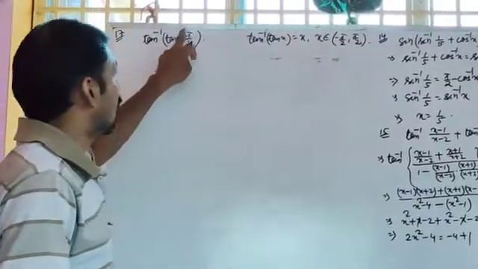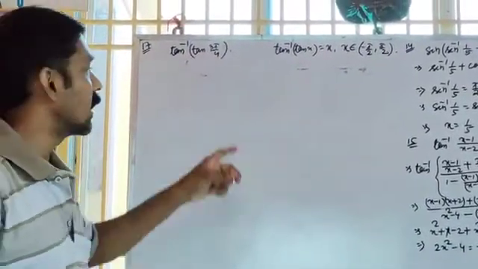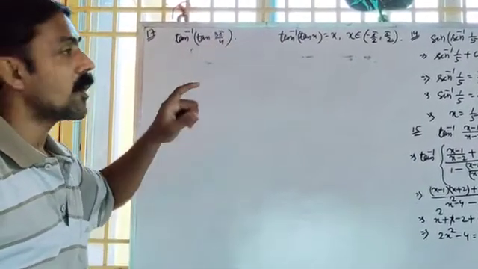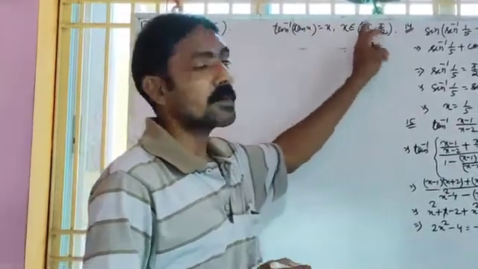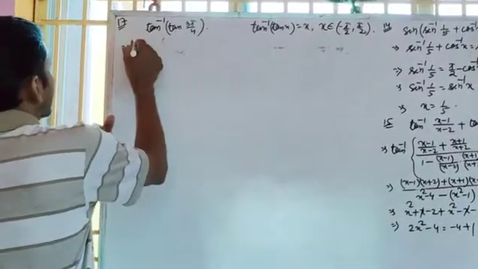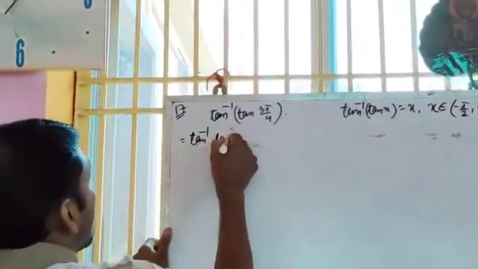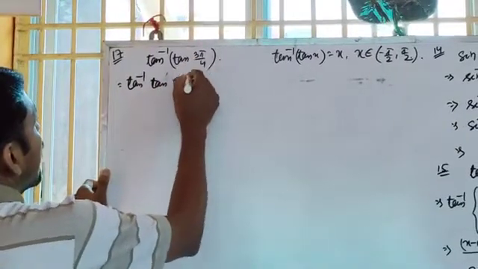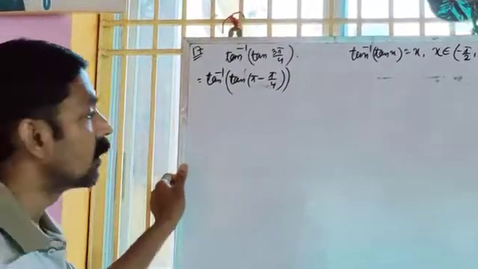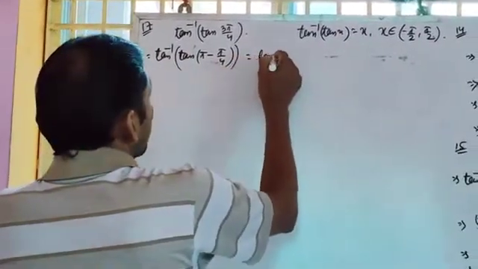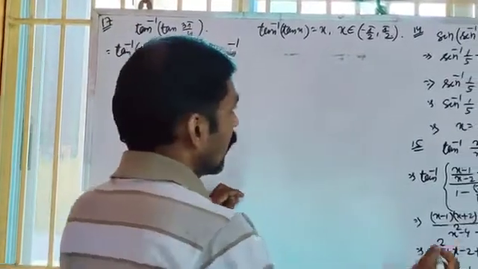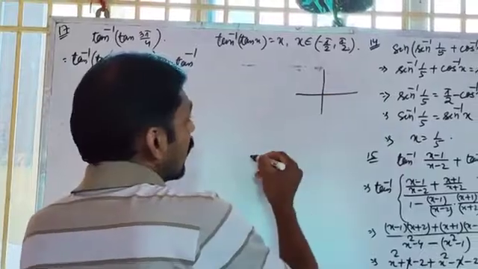So here you see the angle 3 pi by 4. Pi by 4 is 45 degrees, so 3 pi by 4 is 135 degrees. So it is beyond 90, so you have to first split it. So this can be written as tan inverse of tan, and you can write 3 pi by 4 as pi minus pi by 4. Now this is tan inverse of tan of pi minus theta. Now again we need to go to that ASTC rule.